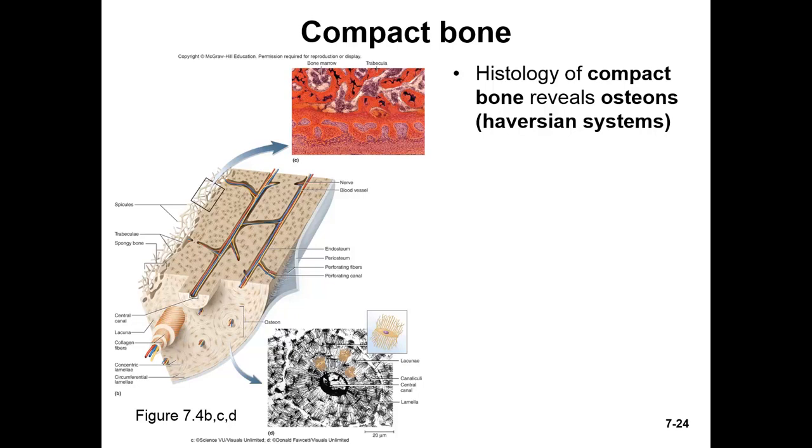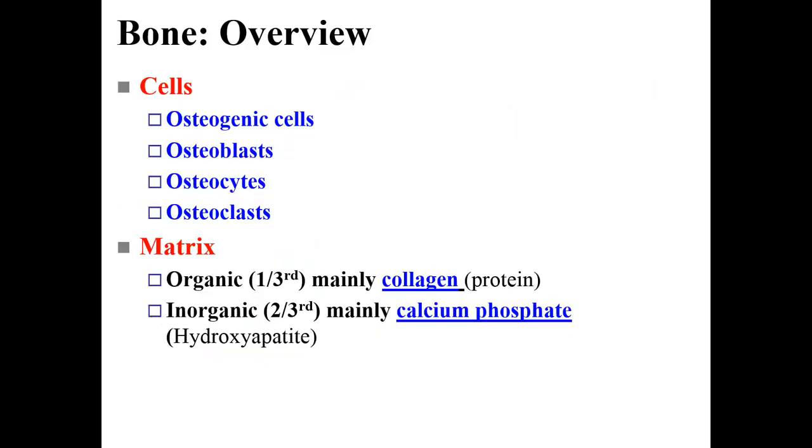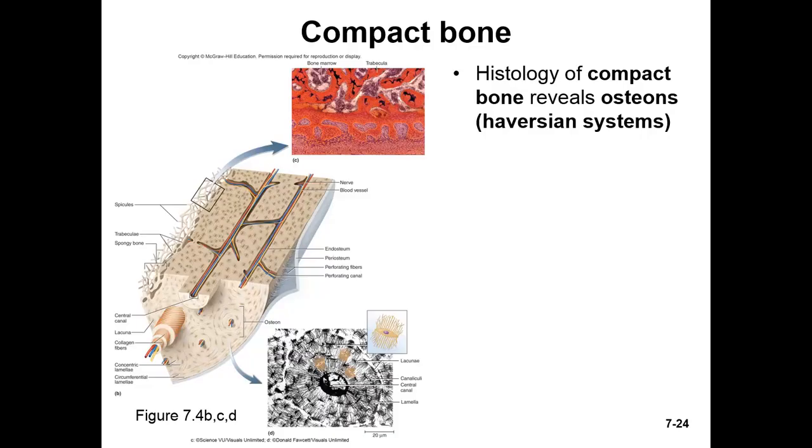All right, so here's what we're going to do. The last thing that we took a look at was just the bone cells and then the extracellular fluid, also known as the matrix, that's outside of the bone, which includes the organic portion, mostly collagen. Remember, collagen is a protein, and the inorganic portion, mainly calcium phosphate. All right, from here we're going to get into the histology of the bone,